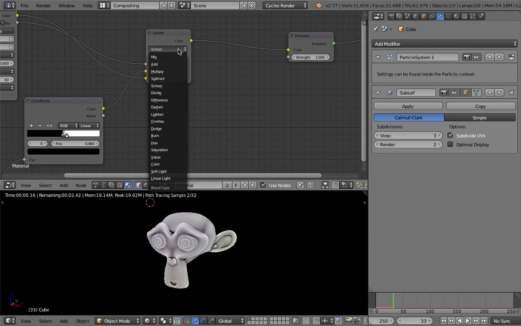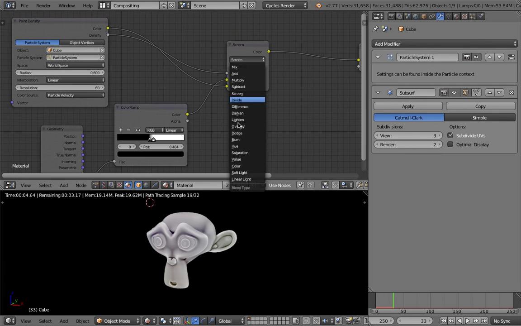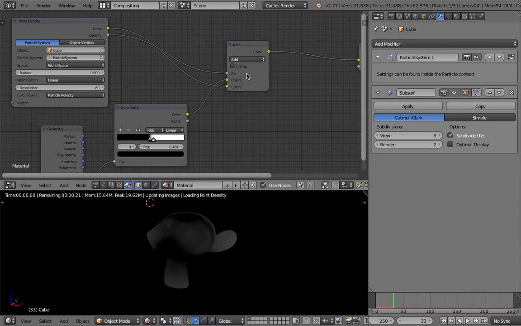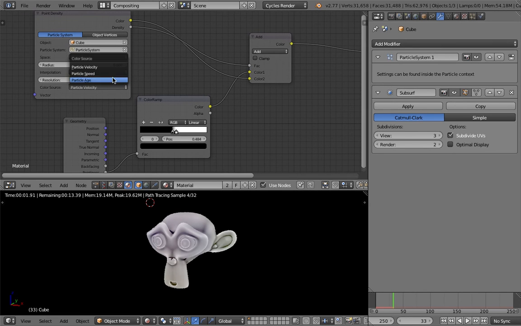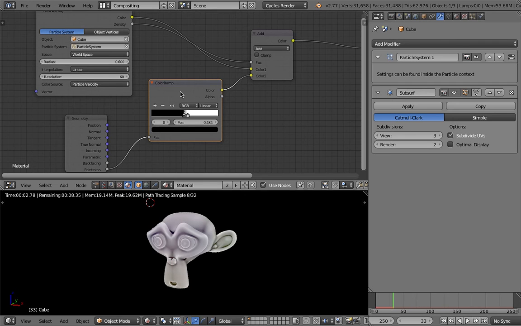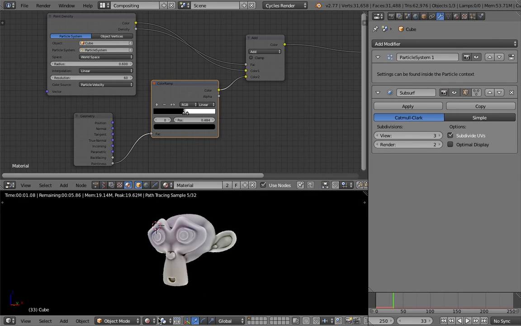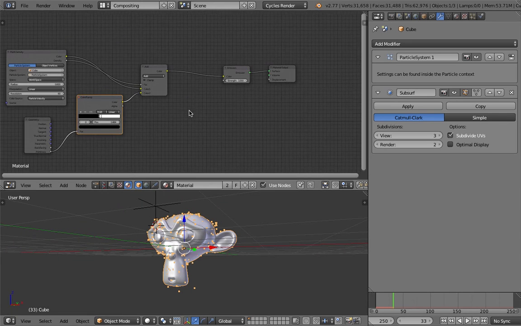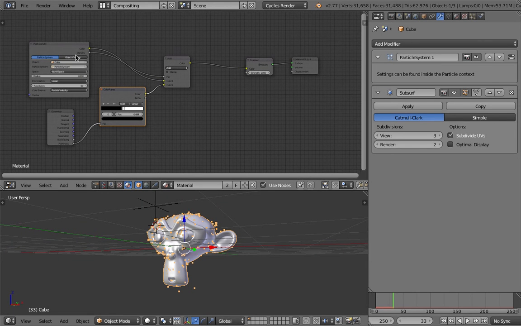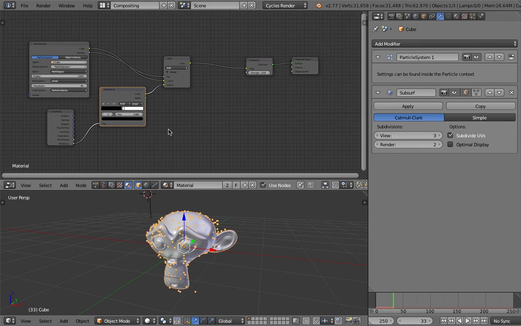I don't know, one of them can probably give you a nicer looking result. Particle speed. Maybe switch this around. Yeah, well, never mind that, but with point density you can get that kind of look, but the